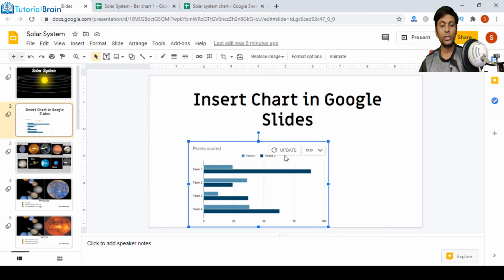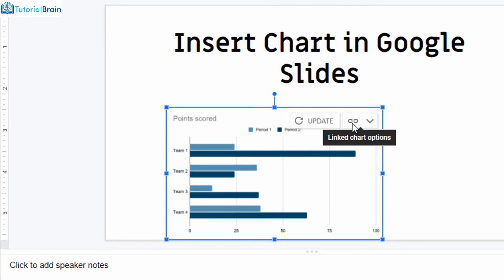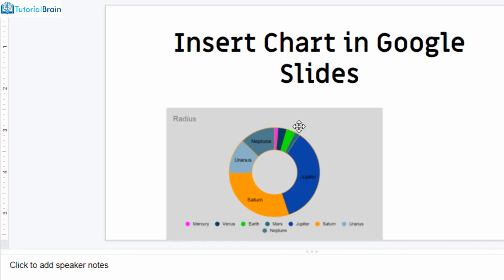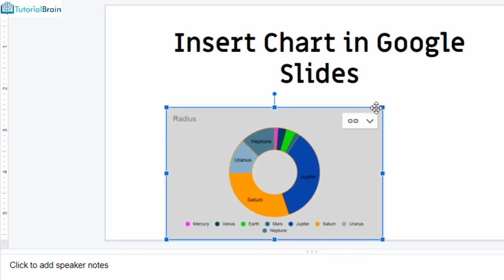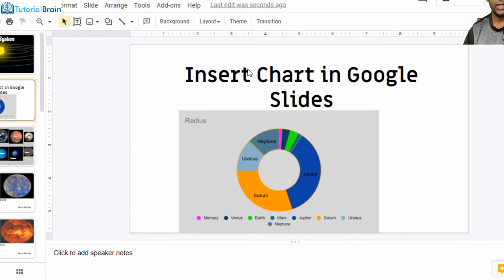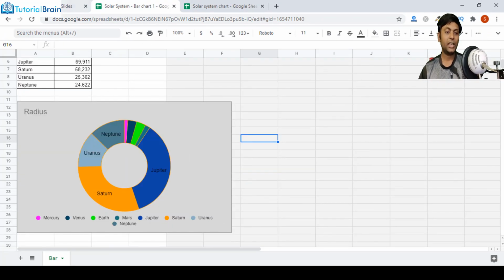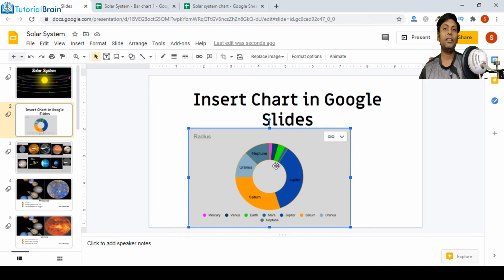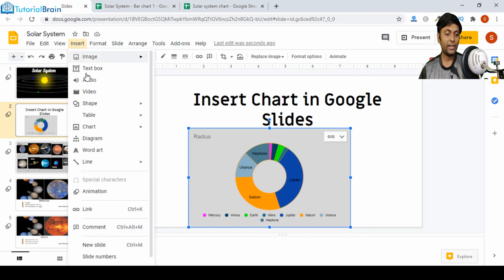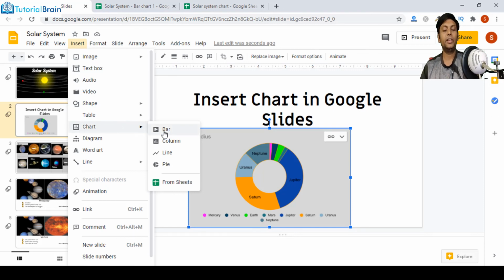Just go back to your Google Slides, and here you see you have an option of update slide. So just beside this you have update slide. Just click on this update button, and now whatever chart you have prepared, it is already present in your slide, right? So you see that this is the same pie chart which is available here. So what we have done is, we started with bar graph, and in turn we ended up with pie chart. So in this way you can try and find which particular chart is best for your presentation.